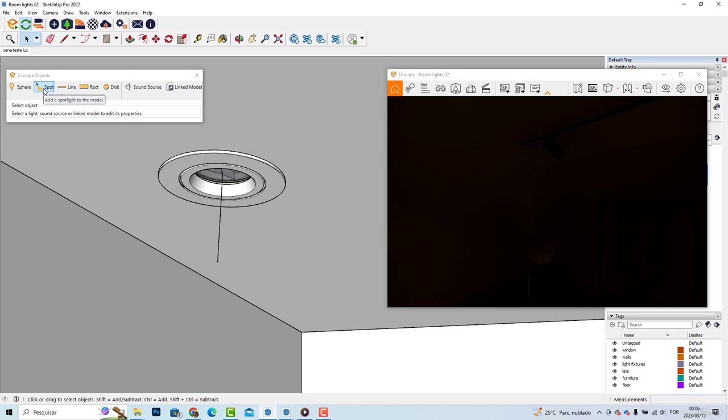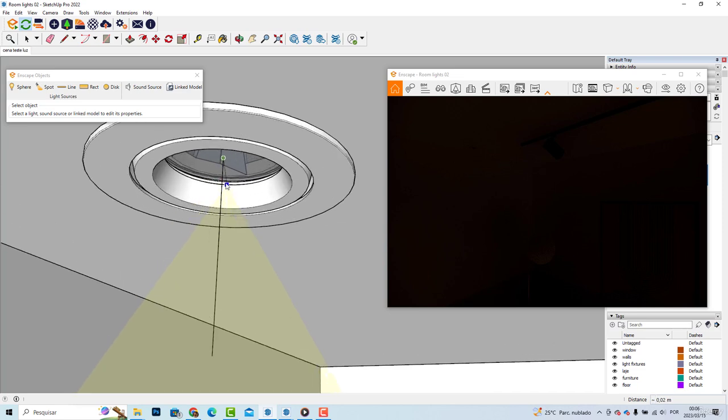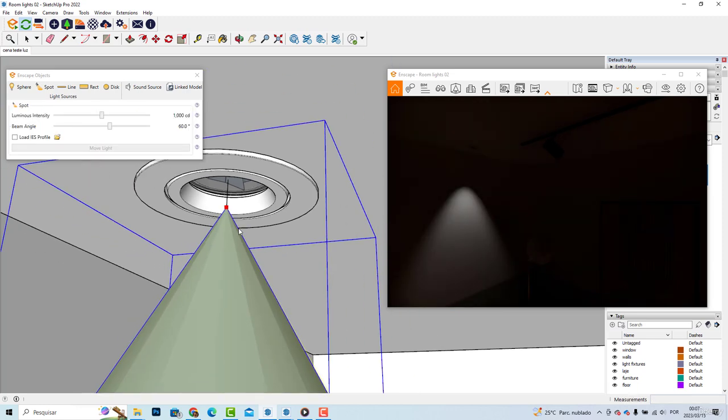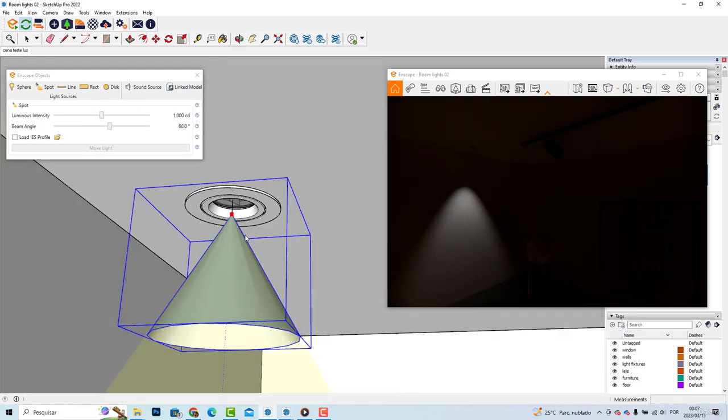So I can click here in spot. I can click in the first point to be my reference point. Then I can choose where the light will actually be placed, somewhere here along the line, for example here. Then I can click in 2 points of this line, for example here and maybe in the end. So we have the direction. So basically, if we draw this reference line, it will become much easier to place our light directly in the